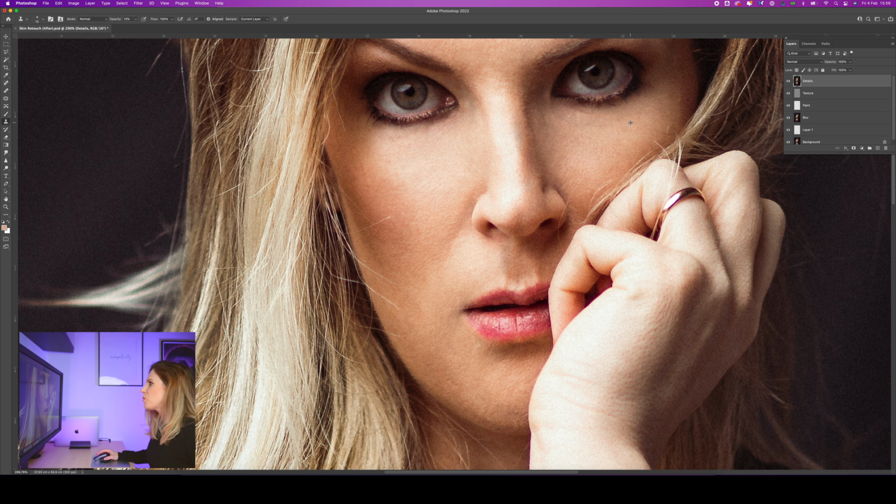Otherwise, the difference will be too big. For example, here if I use opacity 100% and I want to make this lighter, I need to select an area that's close to that, and still, you see, there's still like a little bit of a harsh difference. So you really have to work with the opacity and see what works for each part of your image.